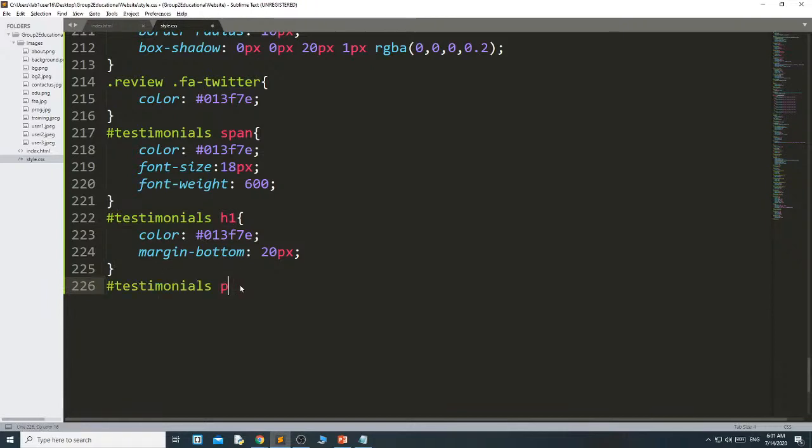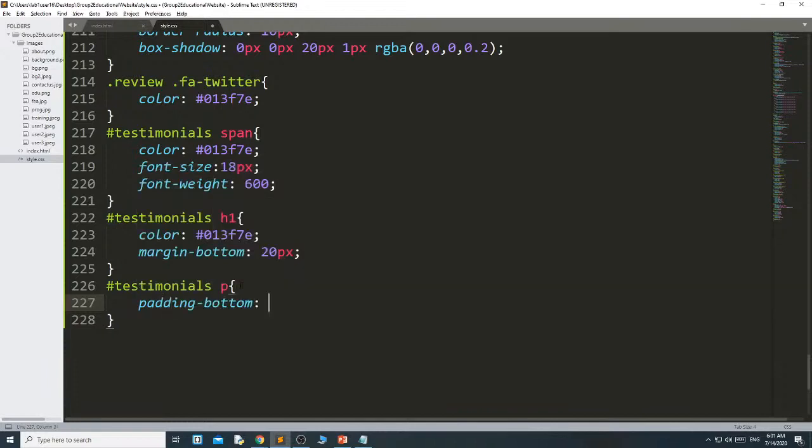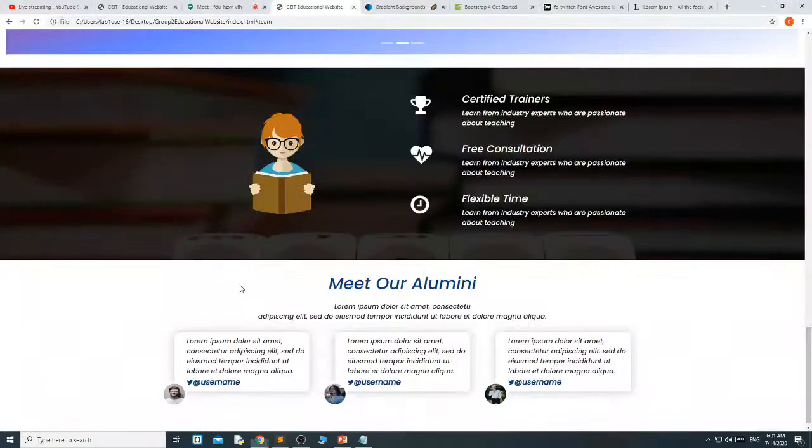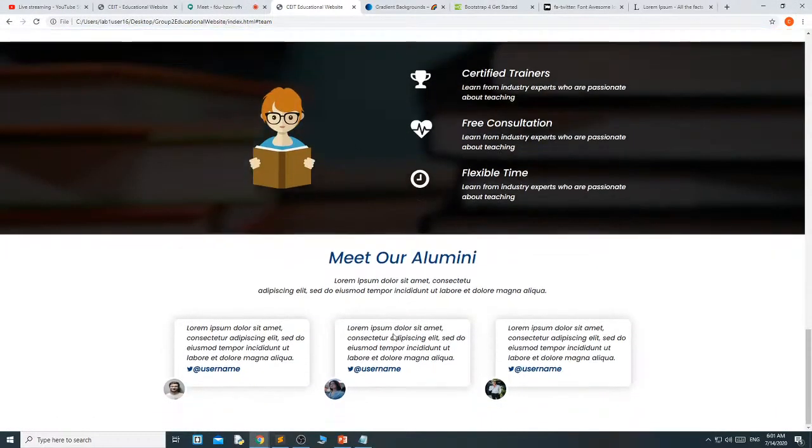Testimonials P. Then for the paragraph, I simply give padding bottom 30 pixel. I need some space below this, that's why I give padding bottom 30 pixel. You can see the space.